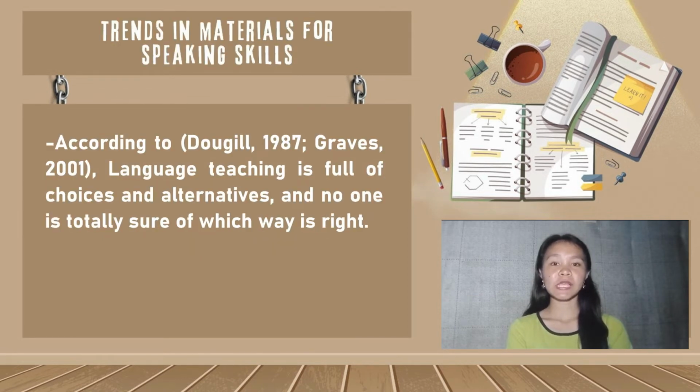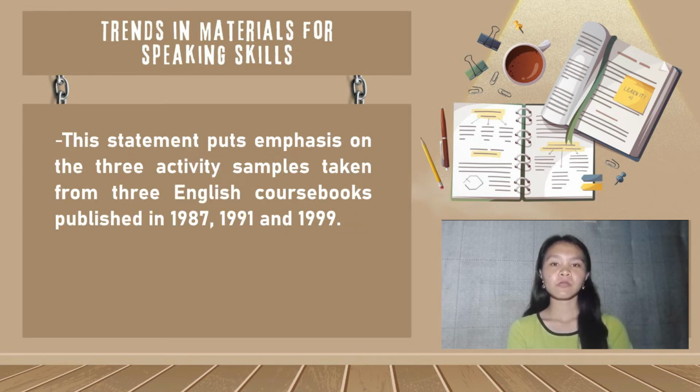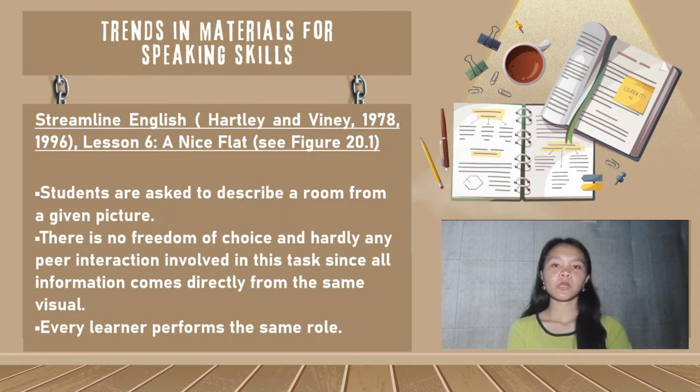According to Dodgel 1987, Graves 2001, language teaching is full of choices and alternatives, and no one is totally sure of which way is right. This statement puts emphasis on the three activity samples taken from three English course books published in 1987, 1991, and 1999. The first one is Streamline English, Hartley and Vinny